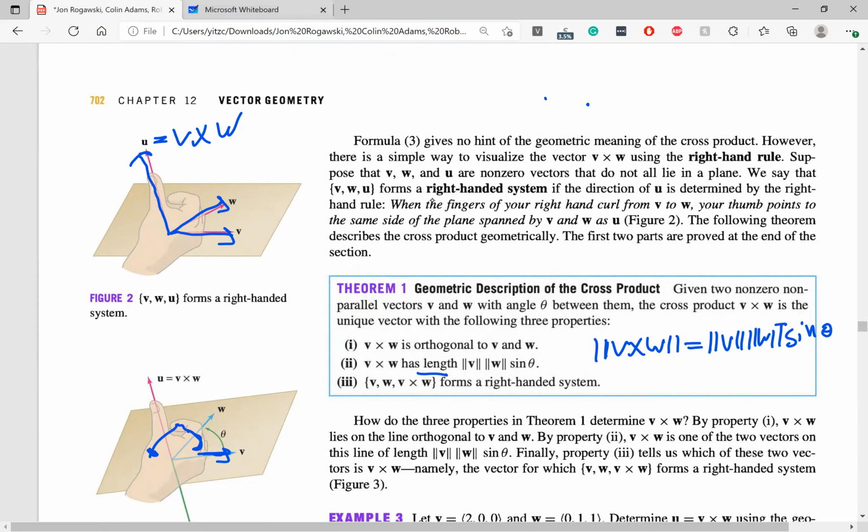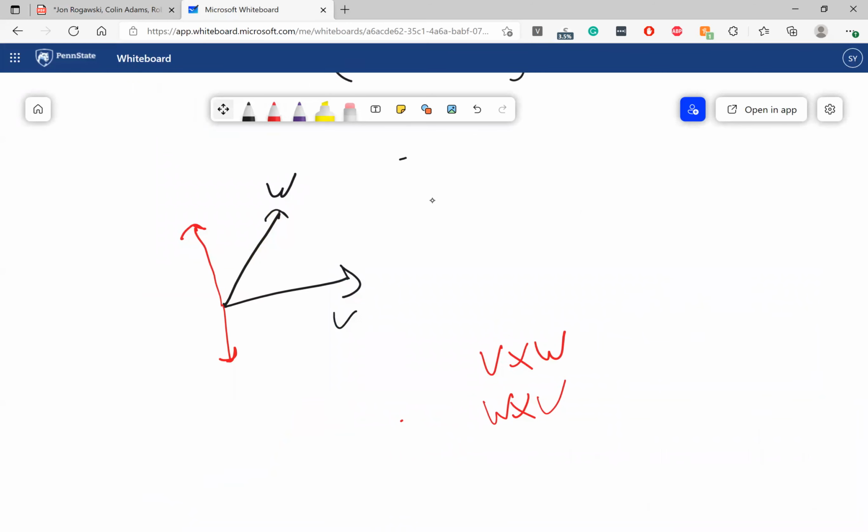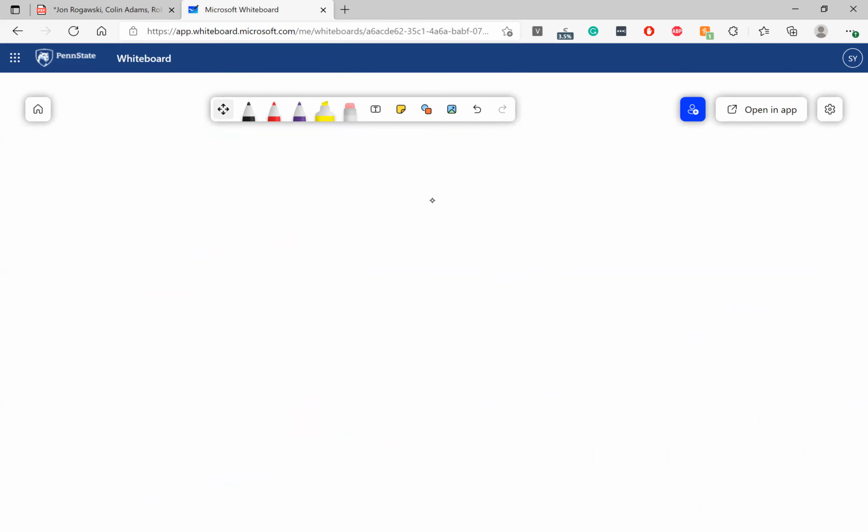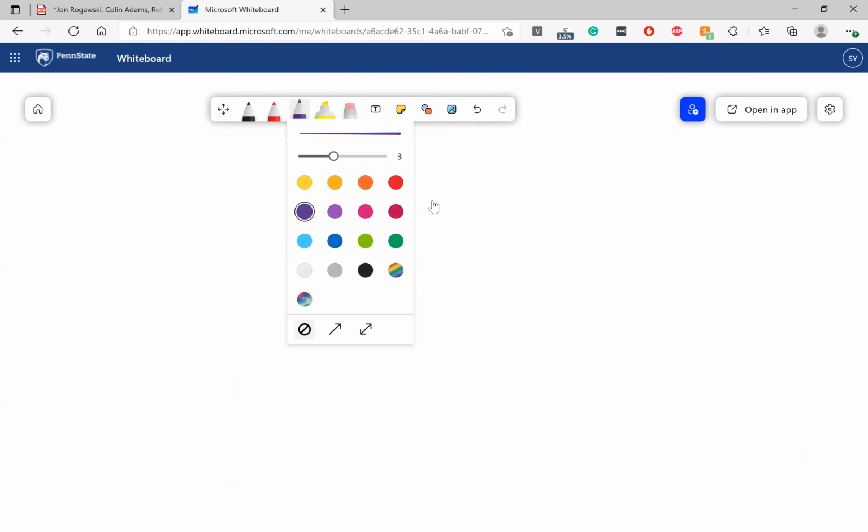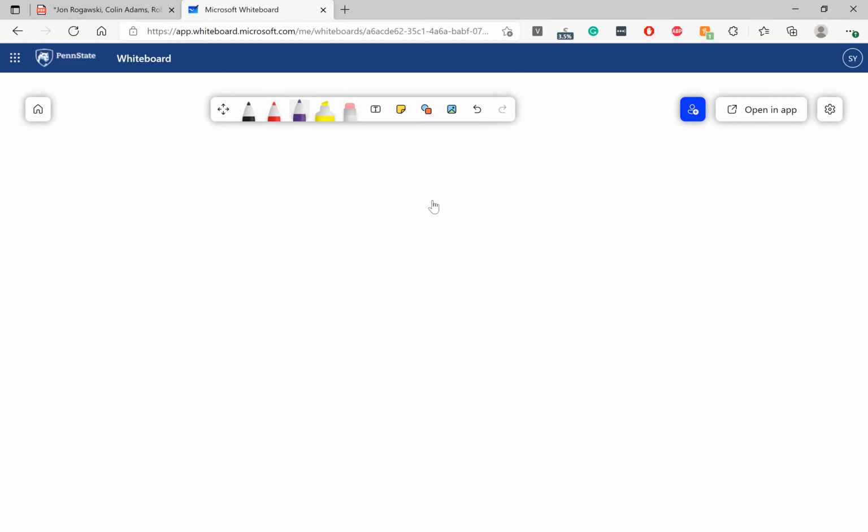So now we have one rule that compares the dot product with cosine, right? And it says that V dotted with W is equal to the magnitude of V times the magnitude of W times cosine of the angle between them. And now we have another rule that says that the magnitude of V cross W,